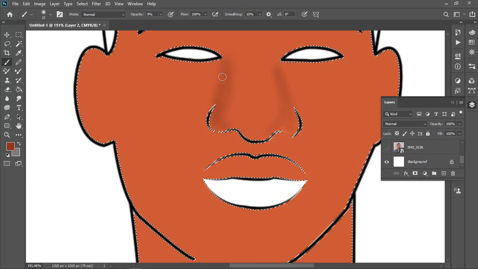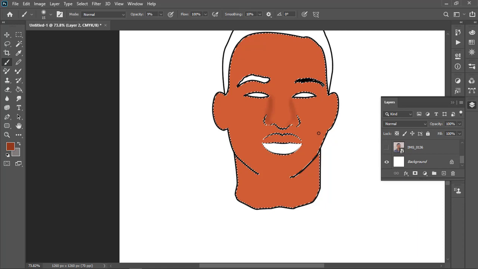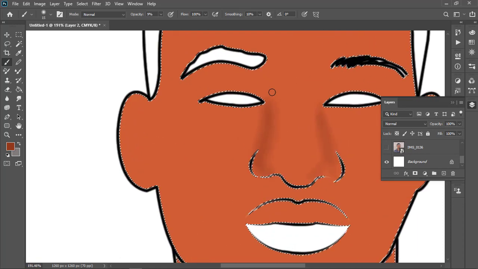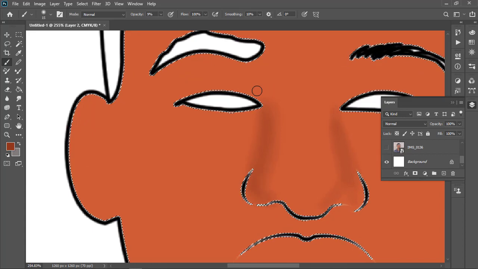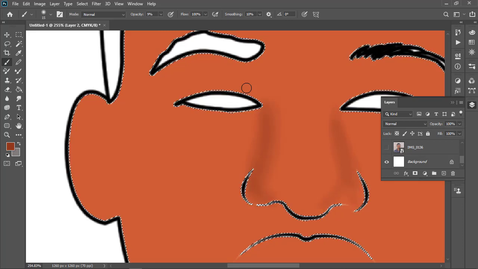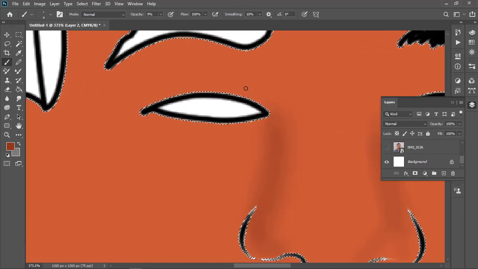Now since my nose is a bit visible, I wanna reduce the size of my brush. You reduce the size of the brush by pressing on the bracket next to P. The bracket opening to the left is minimizing the brush, and the bracket opening to the right is maximizing the size of the brush. So now I'm gonna reduce it, then from there I'm gonna create this here just to make it realistic.